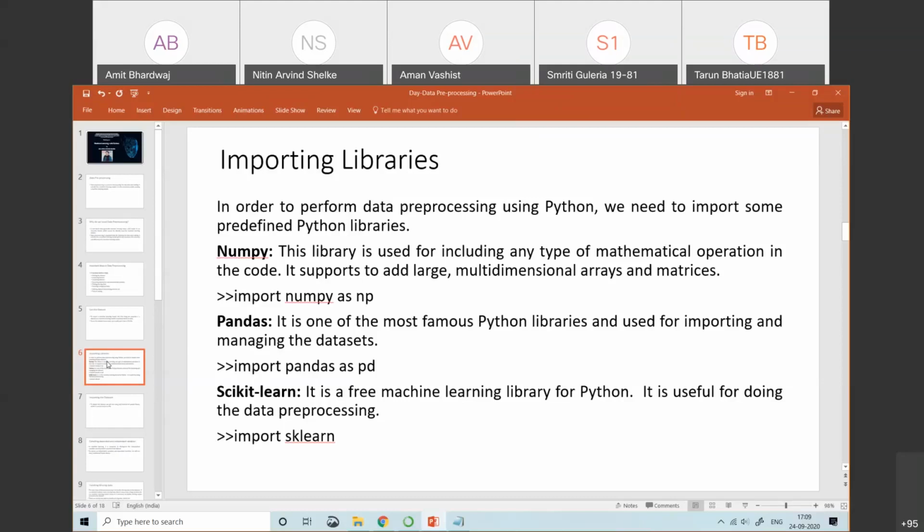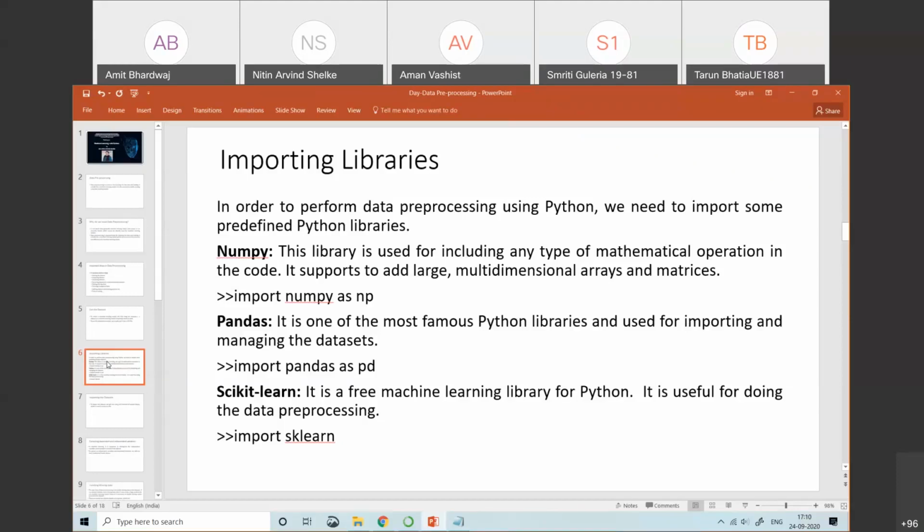Then the scikit-learn library is a free machine learning library, and we can say it is the heart of your machine learning. Why can we say it's the heart? Because every algorithm, whichever it is, like regression or clustering or classification. Under regression, you have linear, simple linear, multilinear, polynomial. All these regressions come as classes or methods present in sklearn. Similarly, all the classification algorithms which we are going to discuss also come into your sklearn library. That's why it is called the heart of the machine learning library.